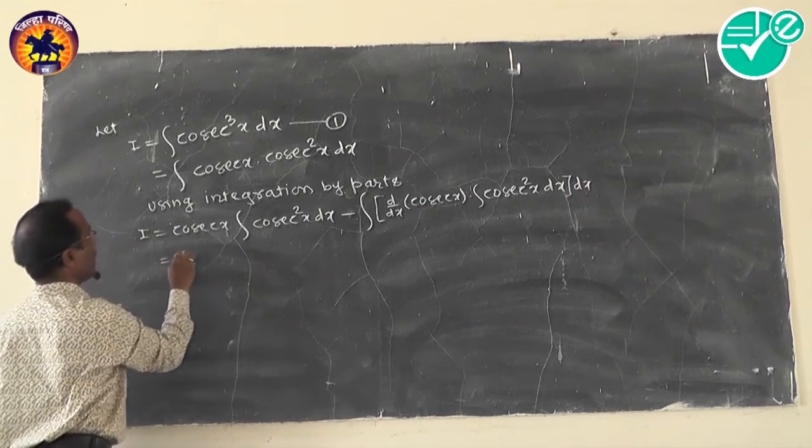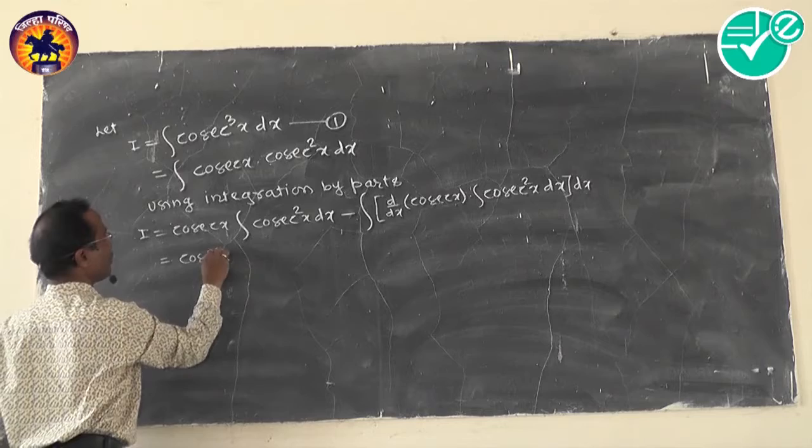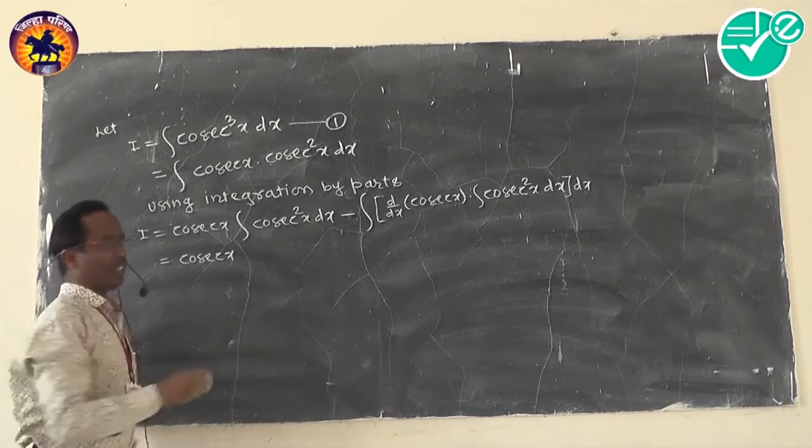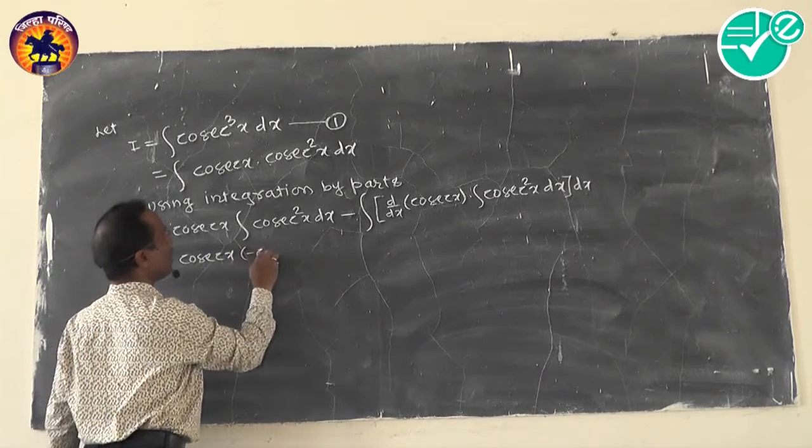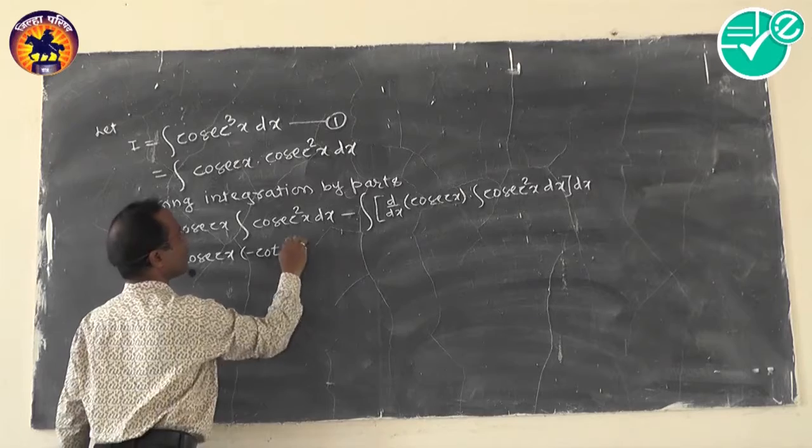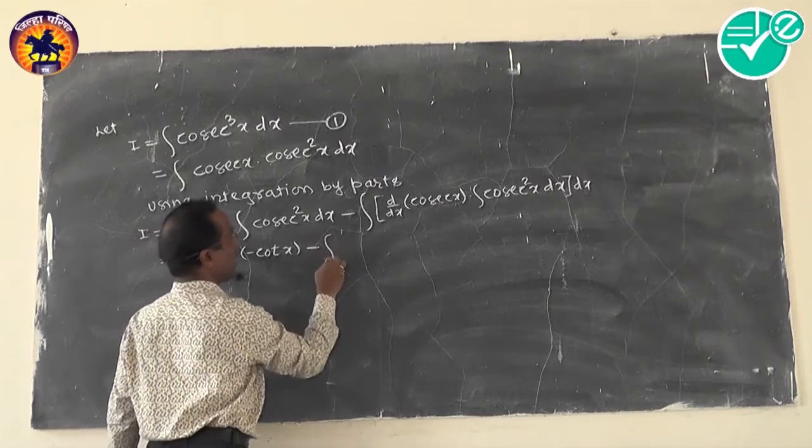Now cosec x into integral of cosec square x is minus cot x, minus integral of